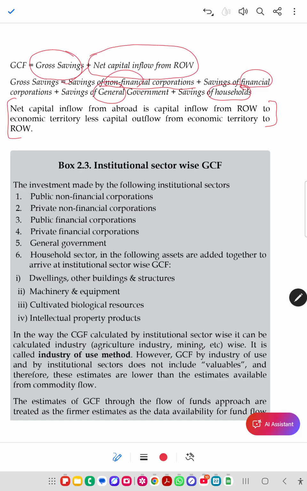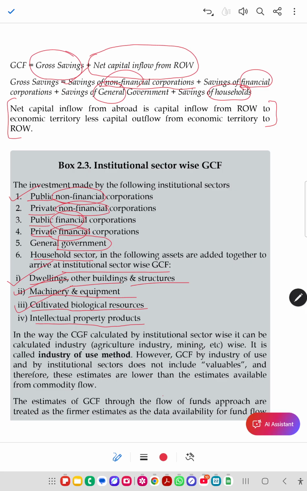Institutional sector wise gross capital formation. Investment made by the following institutional sectors: public non-financial corporation, private non-financial corporations, public financial and private financial, then government, then household sector. The following assets are added together to arrive at institutional sector wise gross capital formation: dwellings, other buildings and structures, machinery and equipment, cultivated biological resources, intellectual property,